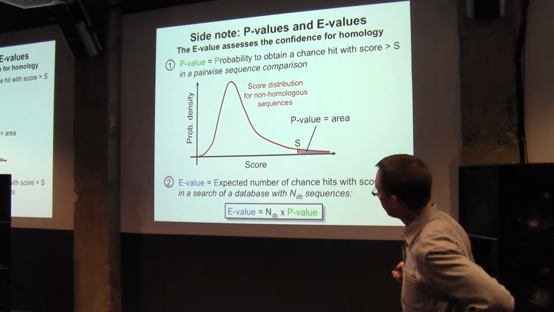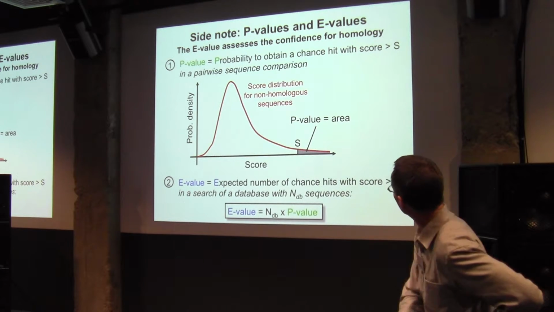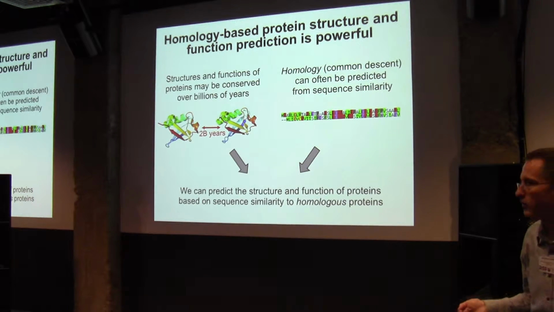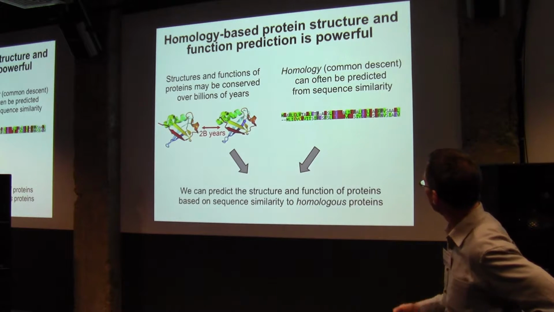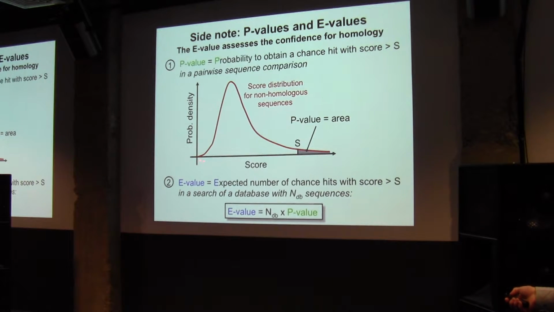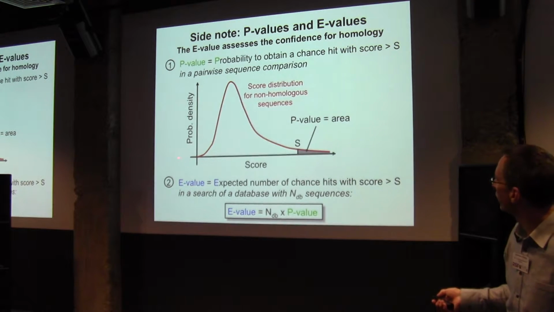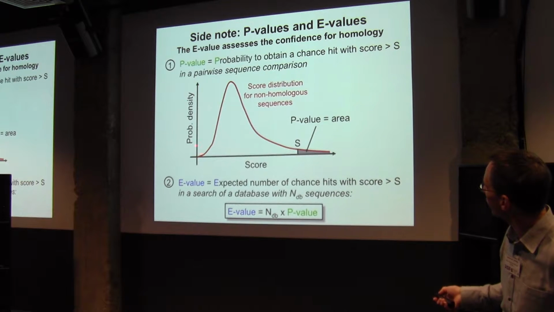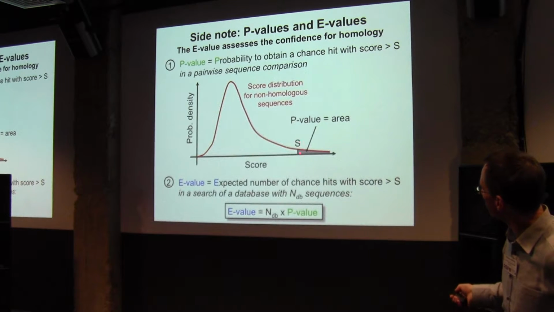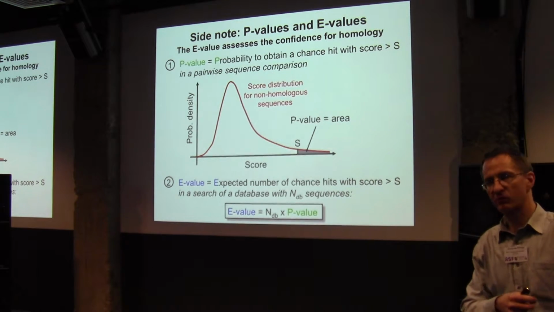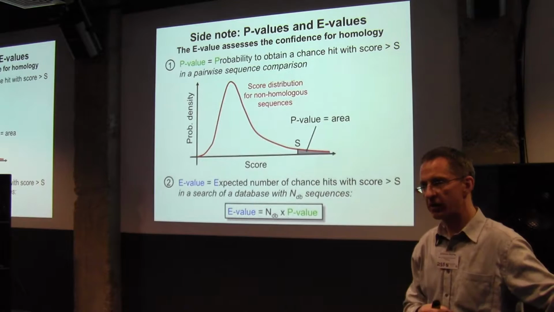So let's say you got a score for these two profiles or sequences, it doesn't matter. And you get a certain similarity score. This is what I call S here. And you know the distribution of your sequence with many other sequences for which you think they're mostly not homologous. So you've got a distribution over scores for mostly non-homologous proteins, and your score is much higher than most of them. So this area here to the right is called the p-value. That's the probability that comparing to something non-homologous, not related, you'll get a higher score.